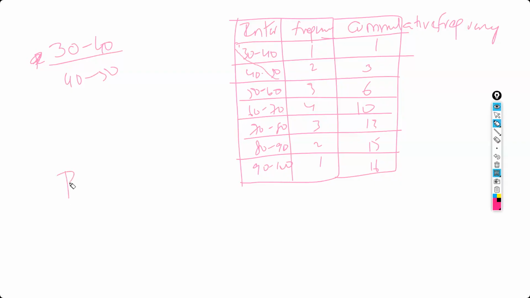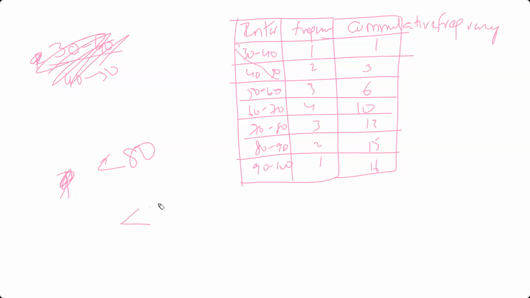If you are asking the question, what is the number of records, total how many records are there less than 80? Number of records less than 80, what does it mean? It's a combination of 30 to 40, 40 to 50, 50 to 60, 60 to 70, 70 to 80. It's everything, the minimum value to 80. If you are asking how many are there less than 70, what is the meaning of this? Minimum to 70. Less than 100, minimum to 100. Less than 90, minimum to 90. Automatically, the first number is going to be the minimum.